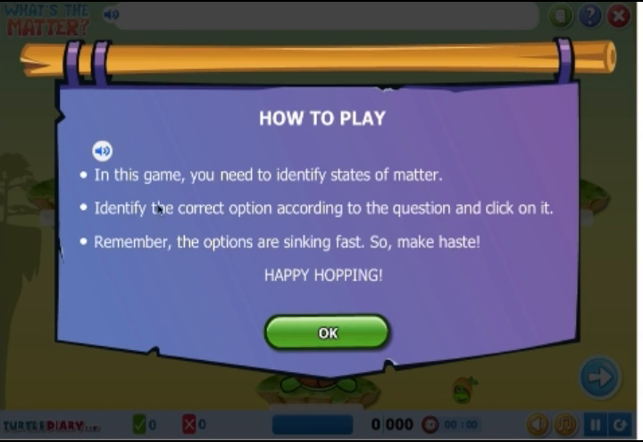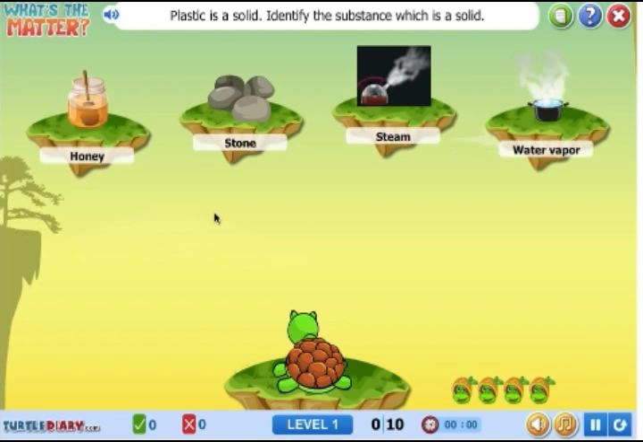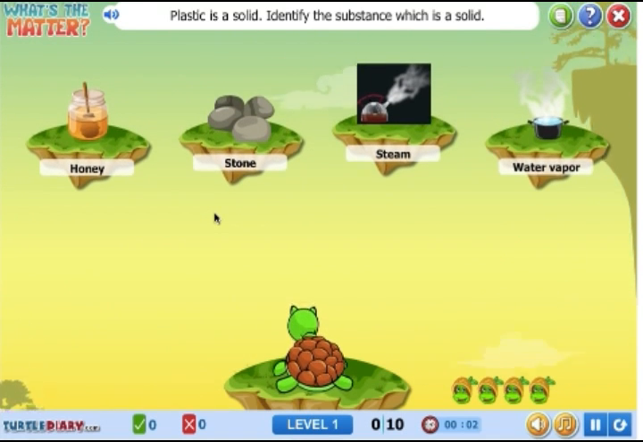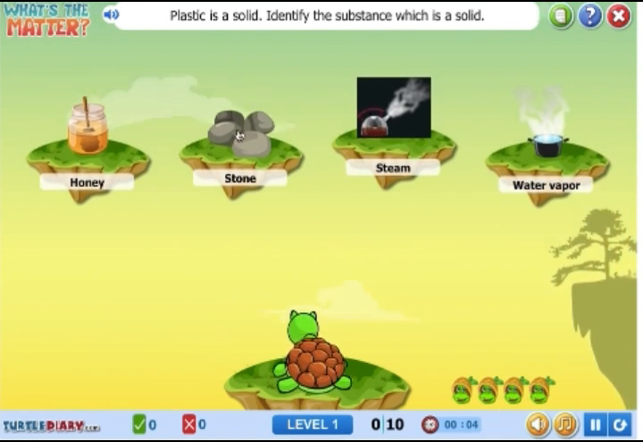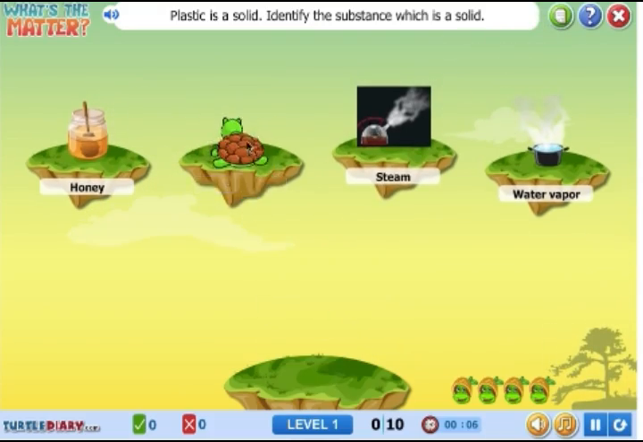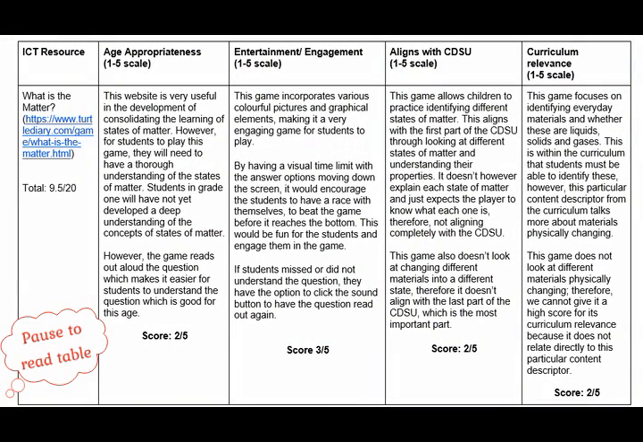The first resource that we have identified as one of the best is a game called What is the Matter? This game identifies the different states of matter but does not explain what they are or how states of matter can change. So, this game was given a score of 9.5 out of 20 due to it not aligning completely with the curriculum and the CDSU. However, this resource is very engaging and entertaining